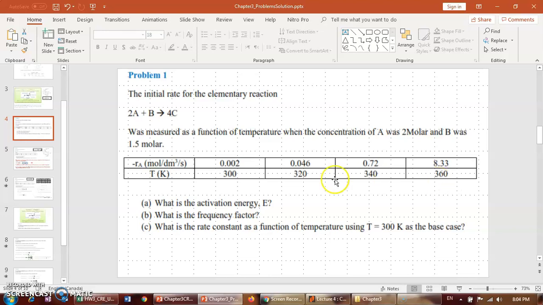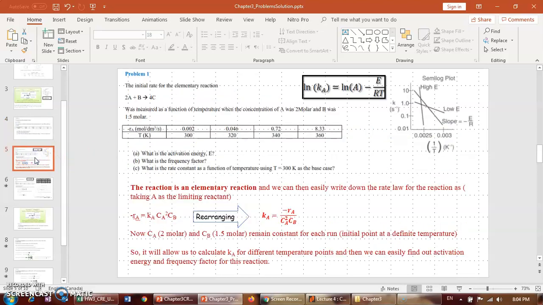So we'll try to find out with this data the activation energy, the frequency factor A, and the rate constant k as a function of temperature, using T equal to 300 Kelvin as a base case. These are the queries they ask here. First we need to find the value of k from the rate data, and then we can plot the Arrhenius plot, find the slope and the intercept, and we have our results. So in the next slide you can see that